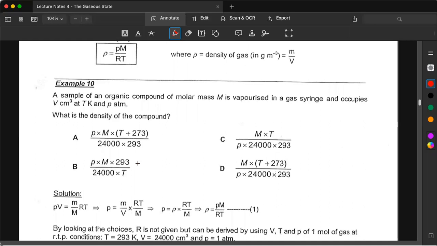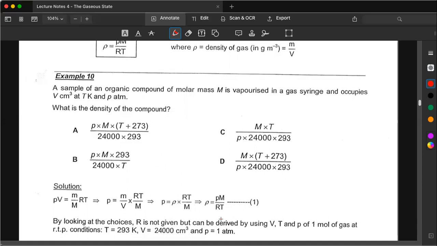But if you look at the choices, which is more likely to be the answer? We notice that R is actually not given. Do you realize that? So if R is not given, we can derive it by using the molar volume of 1 mole of gas at room temperature conditions. Since you don't give me R, then I will find an expression to fit other variables in. So given room conditions, we have temperature at 293 Kelvin. So at this temperature, at room temperature conditions, we should have a volume of 24,000 cm3 and a pressure at